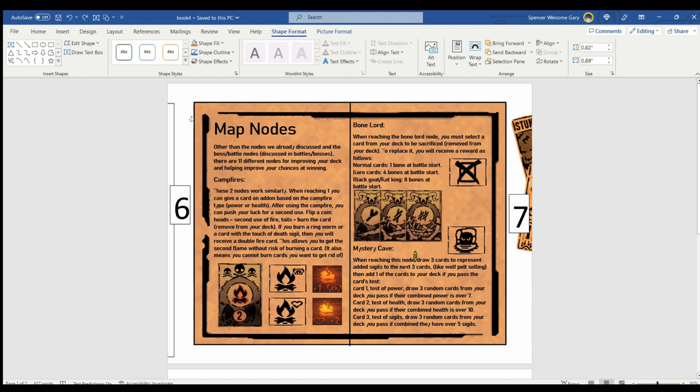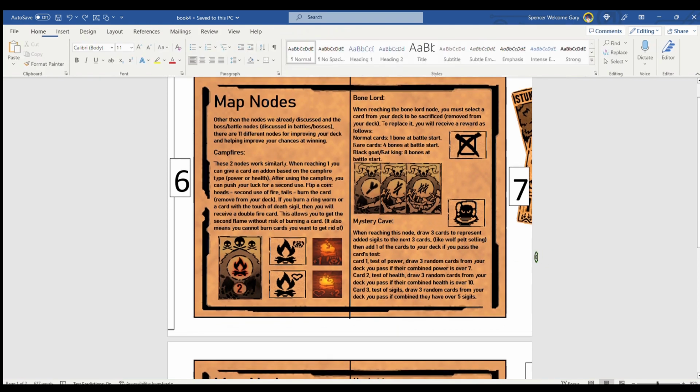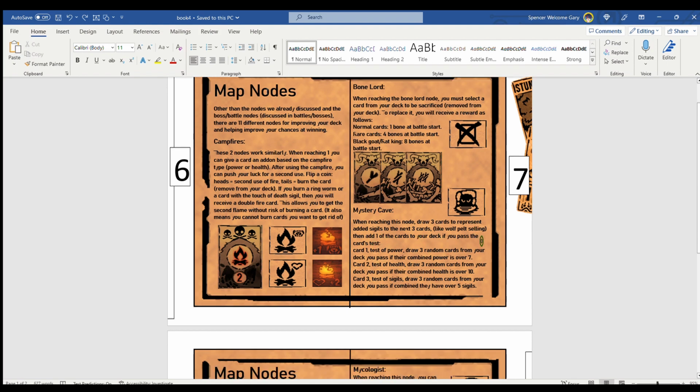Next, we've got Mystery Cave, and here's the node for it. When you reach this node, draw out 3 cards to represent added sigils to the next 3 cards. It's exactly the same as we did for the wolf pelt selling, where you draw 2 cards, and the bottom card you drew is the sigil that's being added to the first card, and you lay that out 3 times. So you have 3 sets of 2 cards. Add one of these cards to your deck